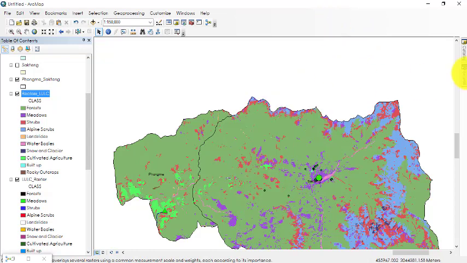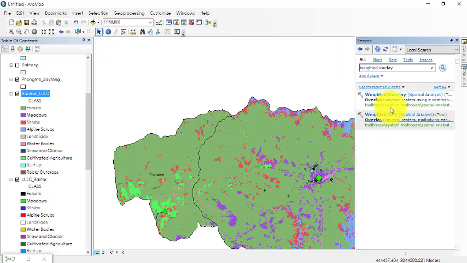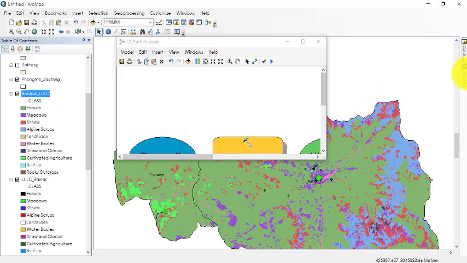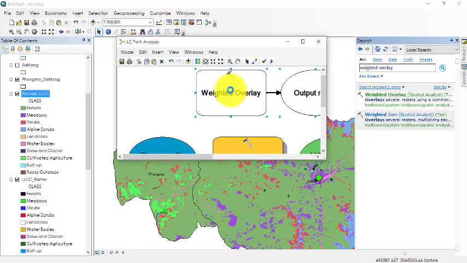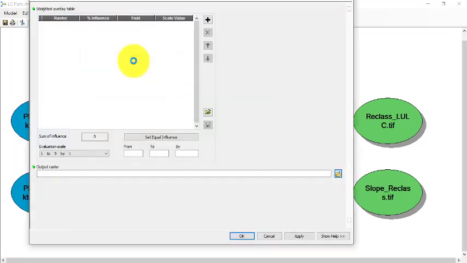If you have to go through search, we have weighted overlay, and just click enter. So we have weighted overlay in spatial analysis over here. So let's just bring back our model, and this time I'm going to drag in the weighted overlay over here, and double click the weighted overlay. And the first thing that you need to do is add those two reclassified layers to this field. So I'll just drag